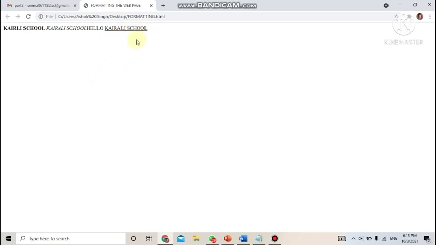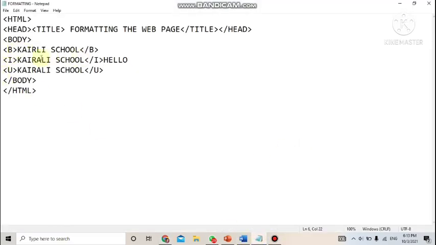Now what if you want to do all these things on the same text? Then you have to write the tags inside each other. How? A B tag is written. Before this you can use the I tag, and before that it's not mandatory that first U will be used then B will be used, any sequence works, but while closing the same format should be followed. The outermost should be closed last, the innermost should be closed first. So which one is the innermost? B, closed first. After that we have I, will close I, and after that we have U, will close U. This is known as nesting of tags.